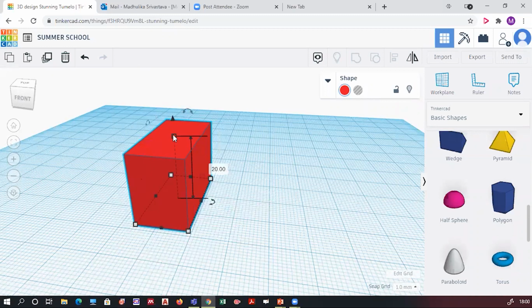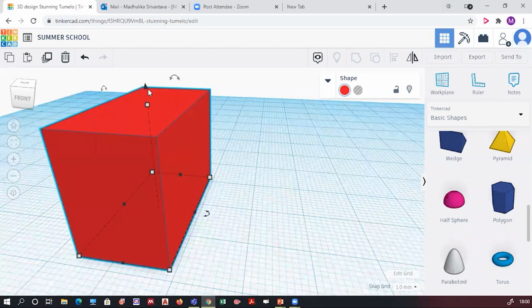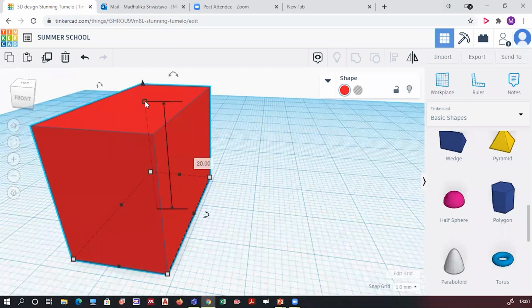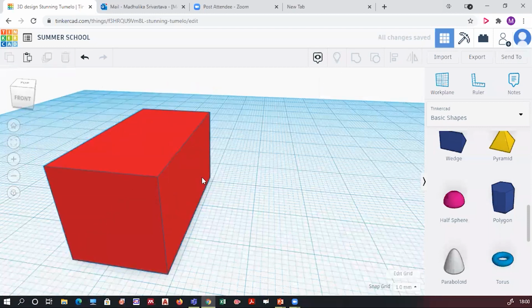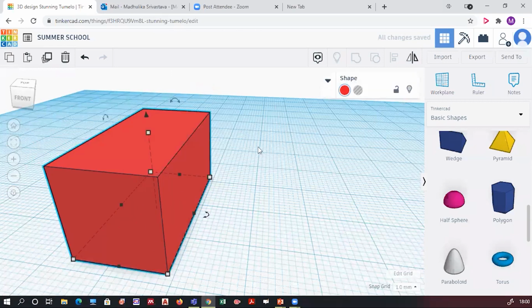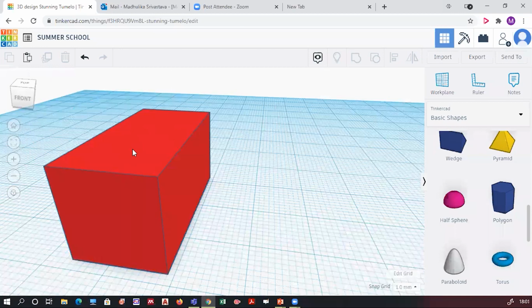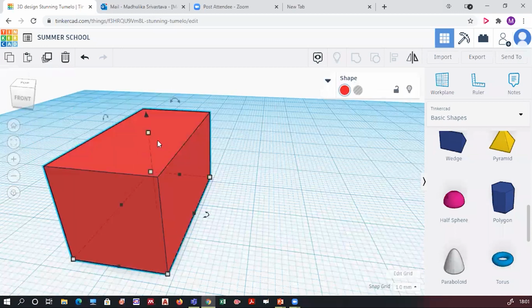Now coming to the height option, just below, you see this black triangle, you will see this white dot. When you take your cursor over there, you will see the vertical height, right? So just click over there and write the required height. Suppose I need 15, I'll just write 15 and I have made this shape according to my requirement. Suppose you have clicked anywhere else, you can click on the object again and these dimensions will appear in front of you. You can create your own shape.